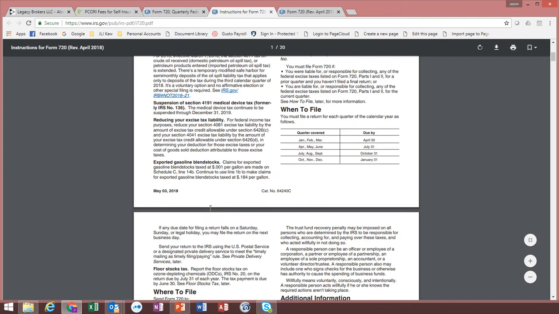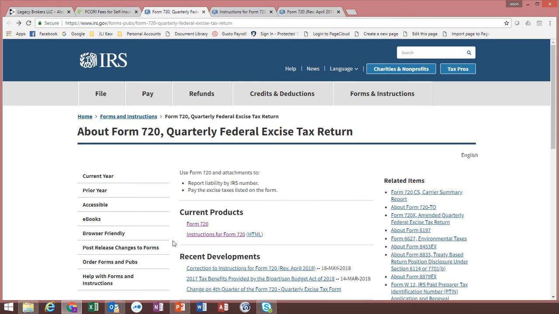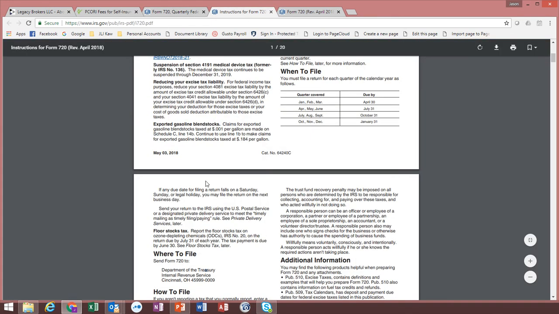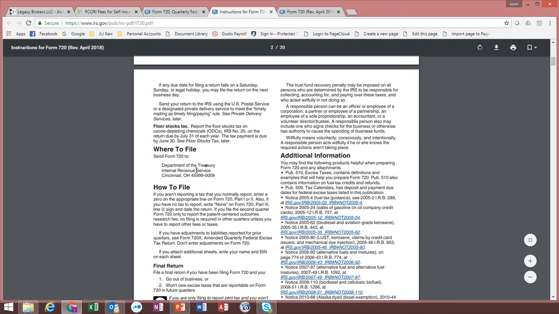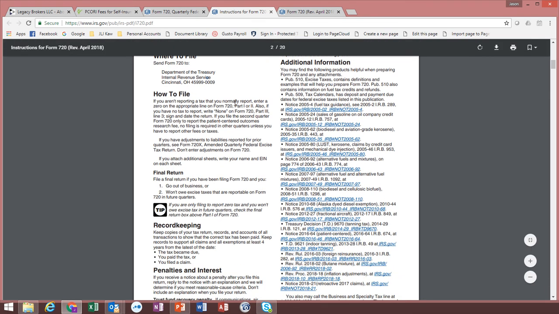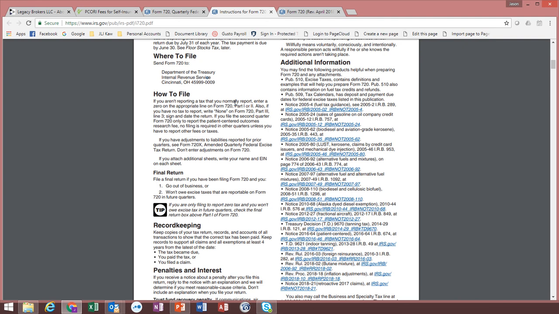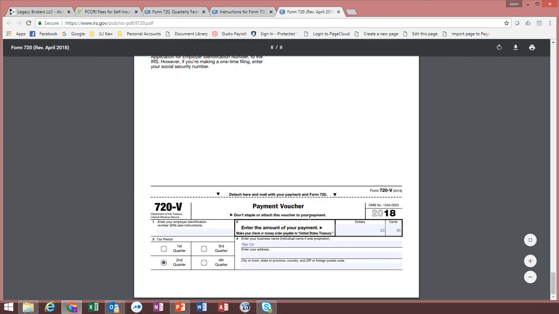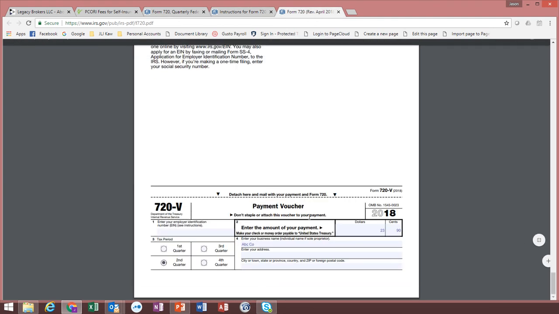Going back to our instructions from the irs.gov website, we're going to find where to file this form, and that is with the Department of the Treasury, Internal Revenue Service, Cincinnati, Ohio. That's all there is to it. Once we have the payment issued to the Department of the Treasury, along with the completed Form 720, we're ready to mail. Make sure you keep a copy in your files for your records,